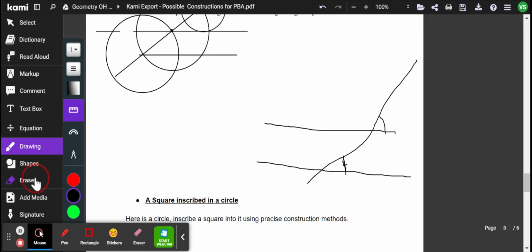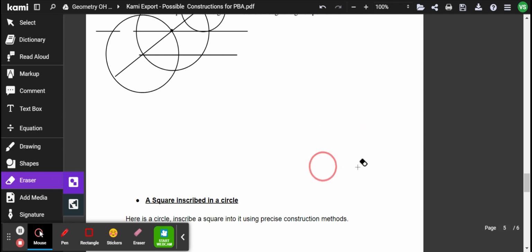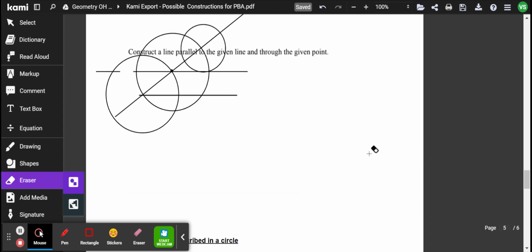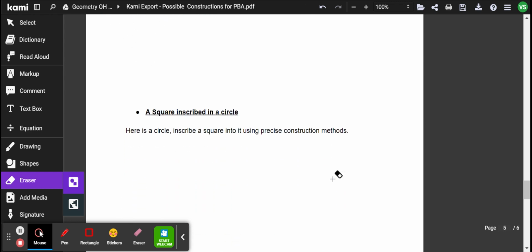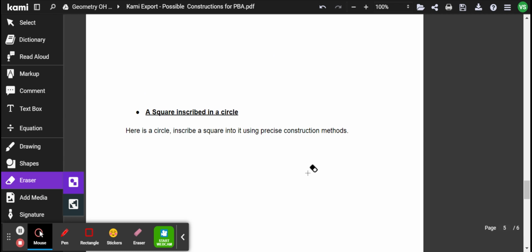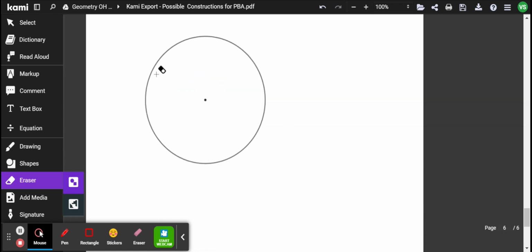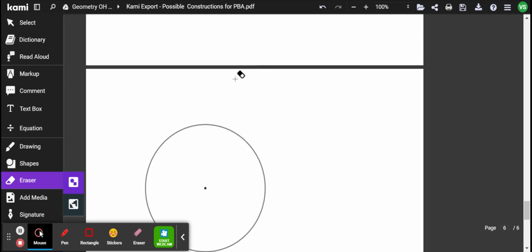All right. So I know some of you get this, but I'm still trying to make sure that everyone gets this, right? So that's my parallel line here that I've created using this construction. Now, this last one here, I need to inscribe a square inside here, right? So what I need to do